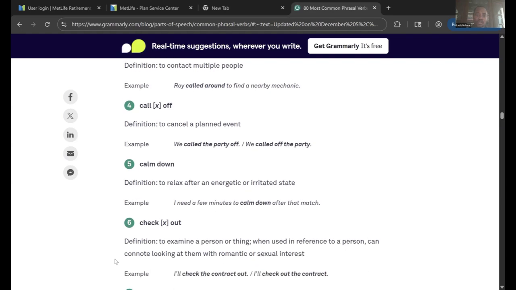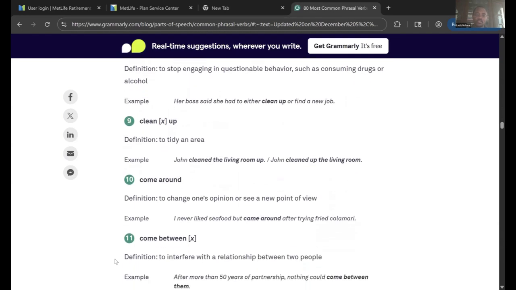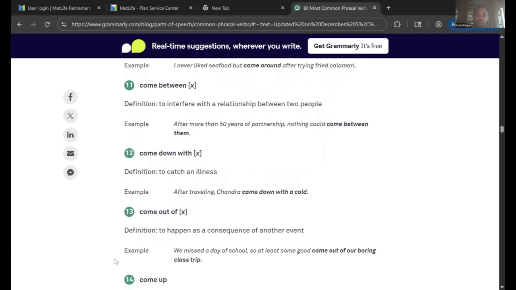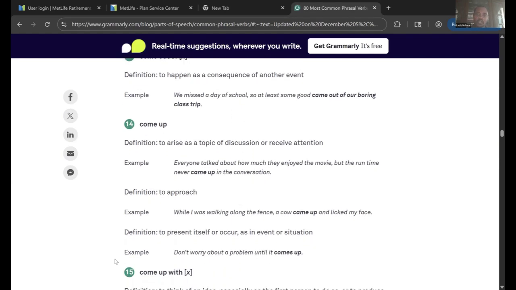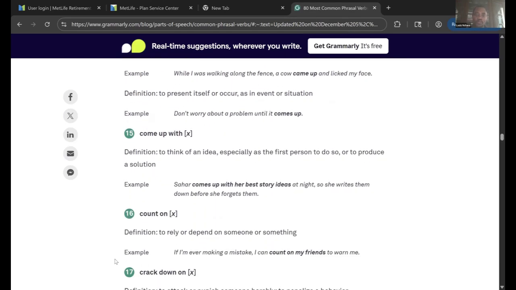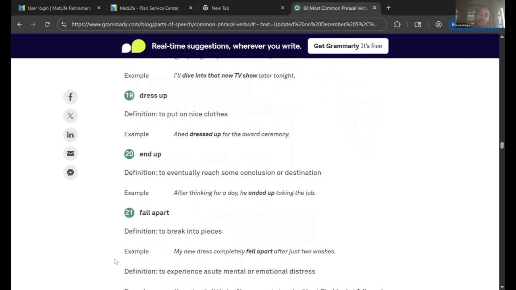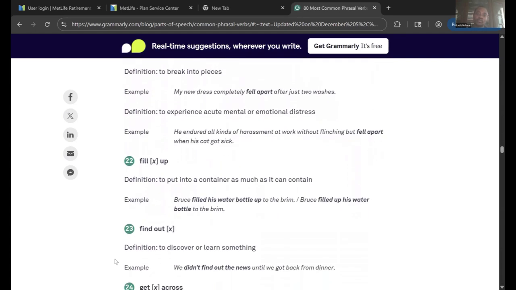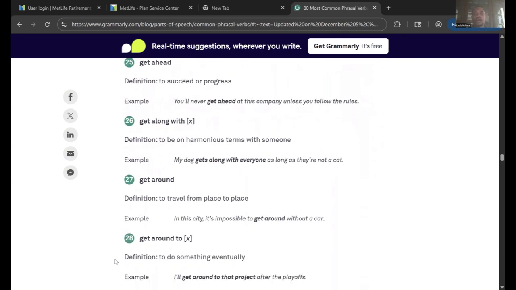To call off, to calm down, to check out, to clean up, to come around, to come between, to come down with, to come up with, to come out of, to come up, to crack down on, to dive into, to dress up, to end up, to fall apart, to fill up, to find out, to get across, to go ahead, to go along with something,